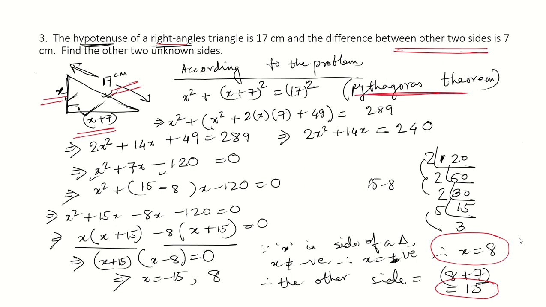So the Pythagoras theorem says, in a right angle triangle, the sum of the squares of these two sides will be equal to the square of the third side, which is the hypotenuse side. This is given under Pythagoras theorem. And then we got